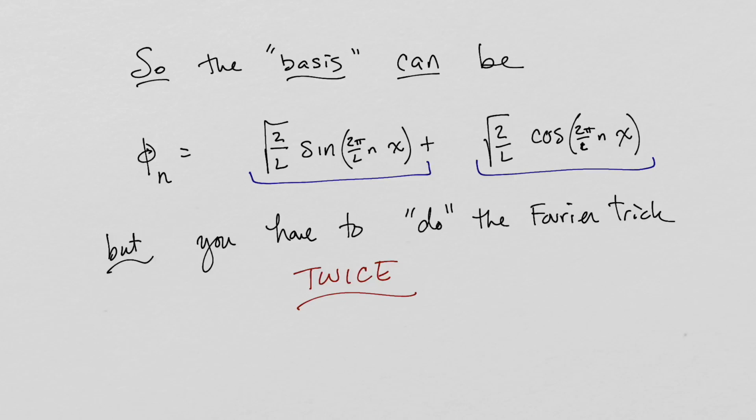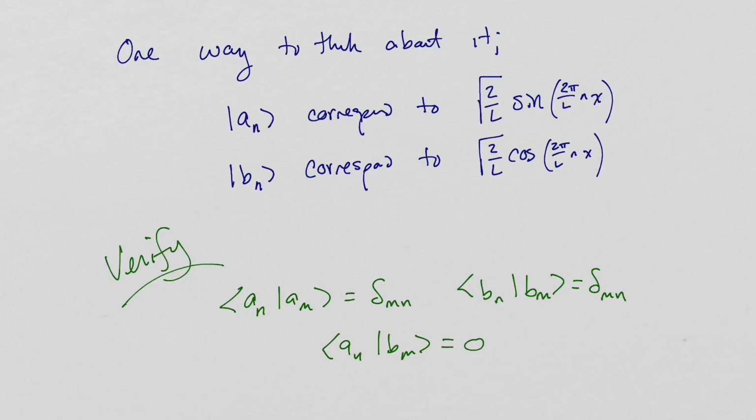The only problem is that I have to do the Fourier trick twice. Even though for every value of n, which corresponds to some value of k, which corresponds to some value of omega, I actually have two independent basis functions that have that same omega. It's kind of like having two modes at every frequency. Then I have to think about the Fourier trick as something that I have to do twice: once to solve for the coefficients in front of the sine, and once to solve for the coefficients in front of the cosine. And so I can think about it not as having just one basis, but as having two bases,